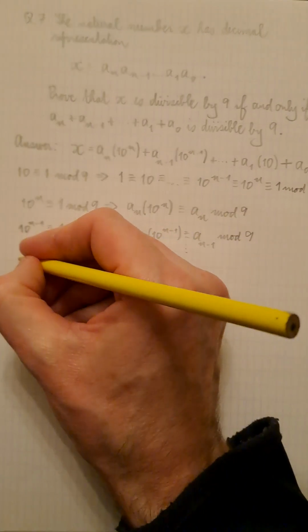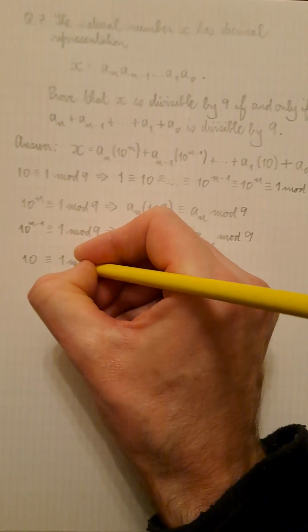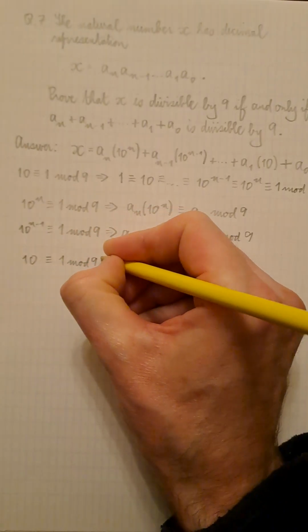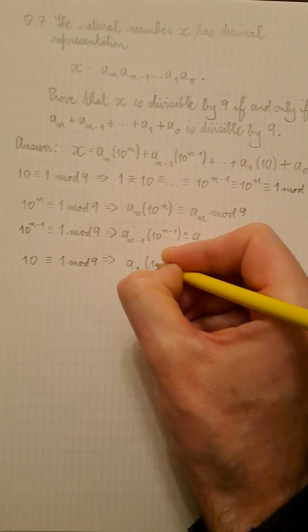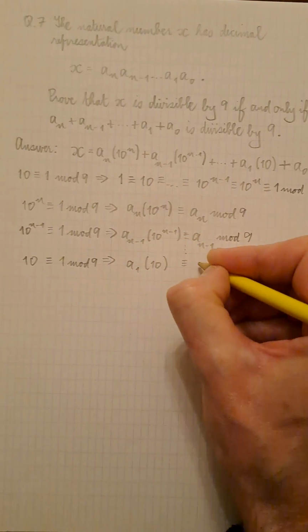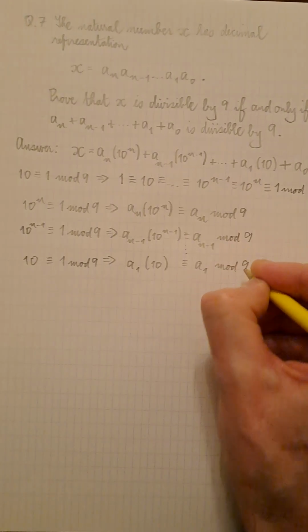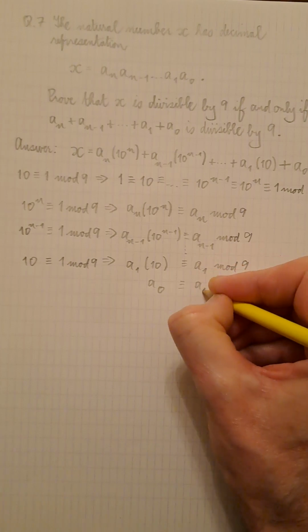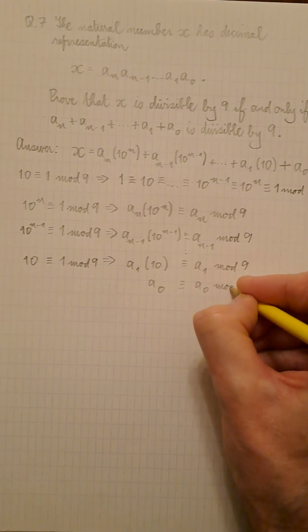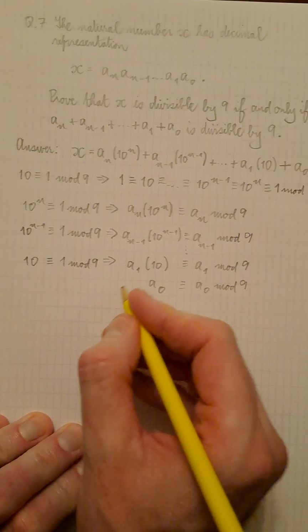and so on, until 10 is congruent to 1 mod 9 implies that a_1 times 10 is congruent to a_1 mod 9, and of course a_0 is congruent to itself mod 9. And if we add all of these together,